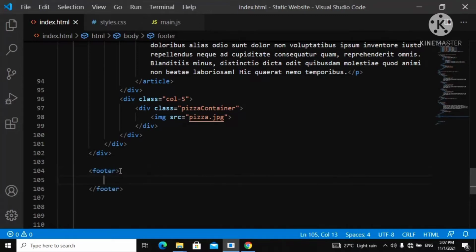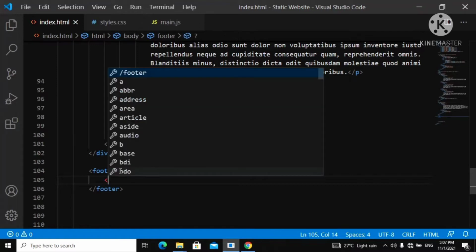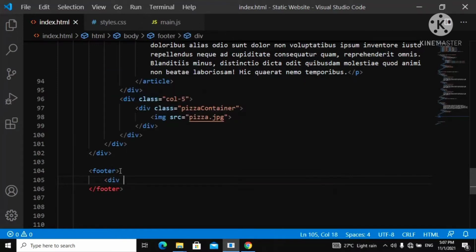We are just going to be adding our rows and columns. So let's start quickly, and you say div, as always, div class of row, and then